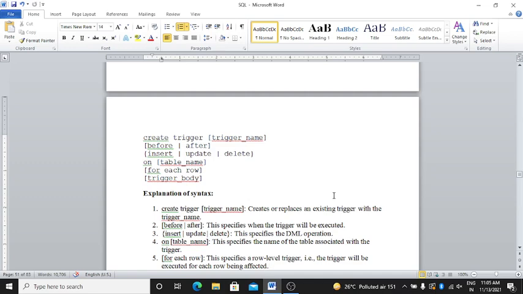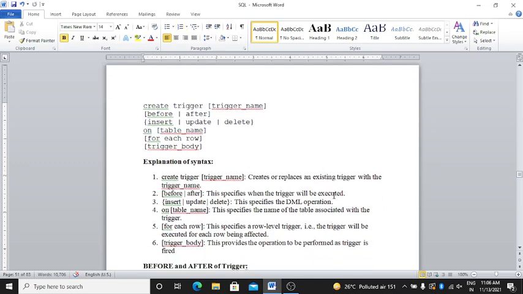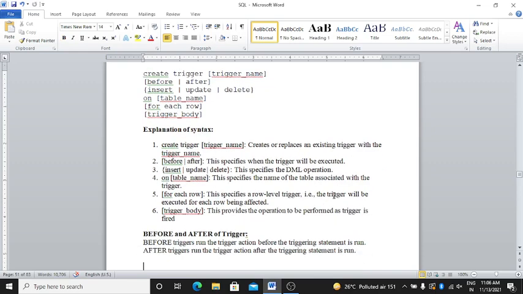On table_name specifies the name of the table associated with the trigger. For each row specifies a row level trigger, that is, the trigger will be executed for each row being affected. Clear? Then the trigger body provides the operation to be performed as the trigger is fired. Clear? These are the six parts of the syntax.